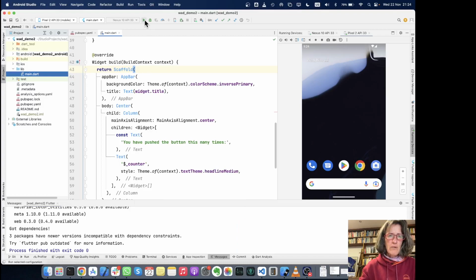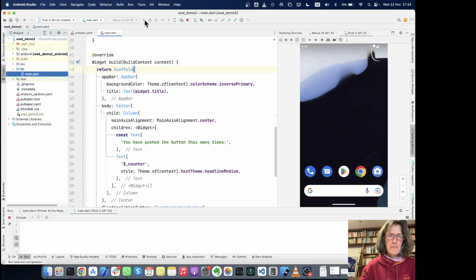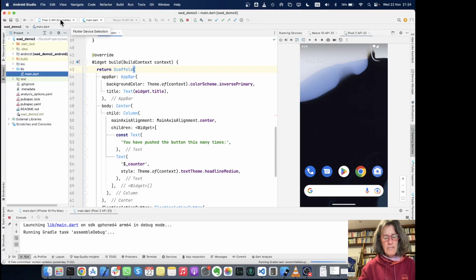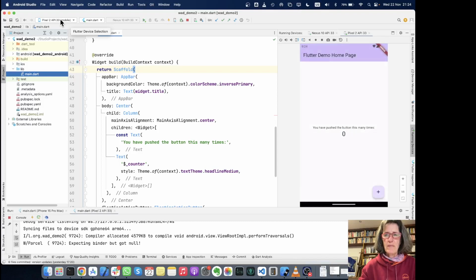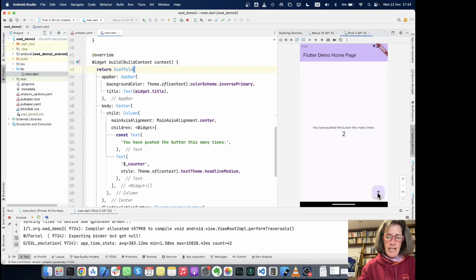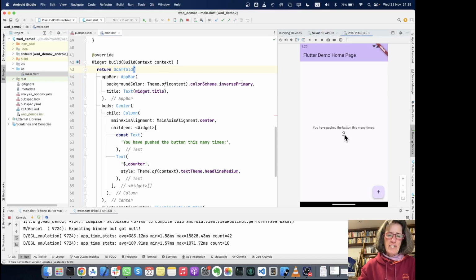So what I want to do now is start this project here. I'm starting it on the Pixel 2 emulator. Because it's a cold start, it takes a few seconds to start for the first time. After that, it will be a lot faster. All right, here is the project. What it does is super trivial. It builds up a page with an app bar, floating action button, and some body here. This is a stateful widget. Every time I press the floating action button, my counter increases.